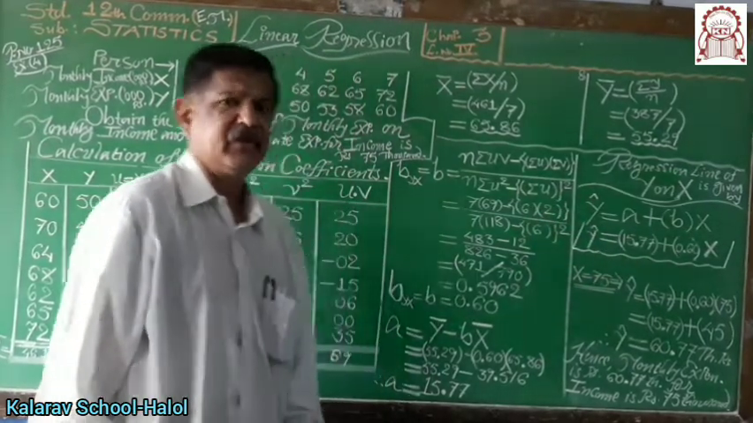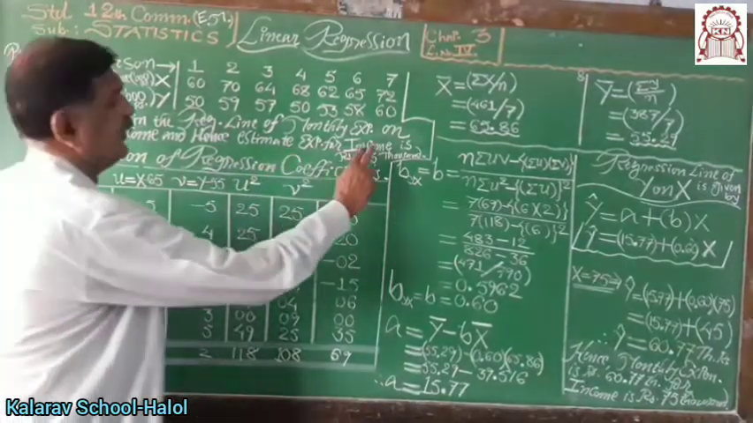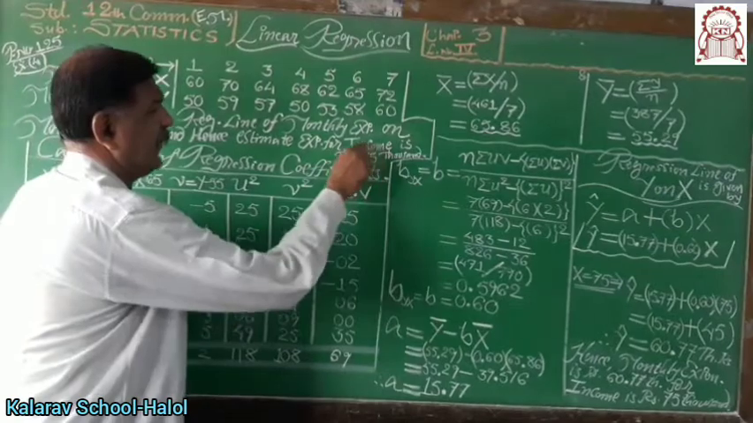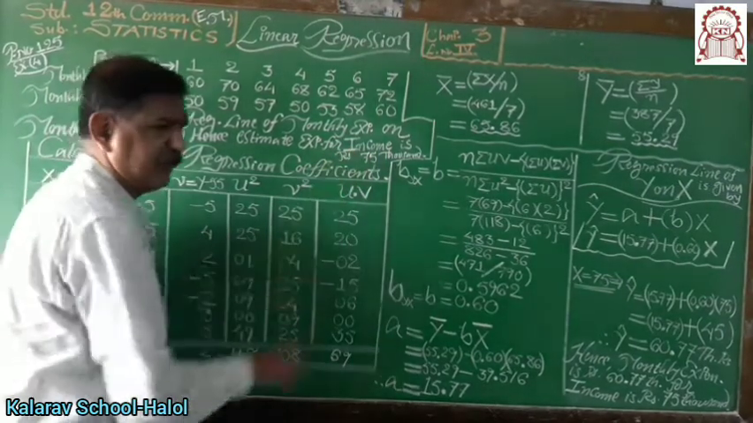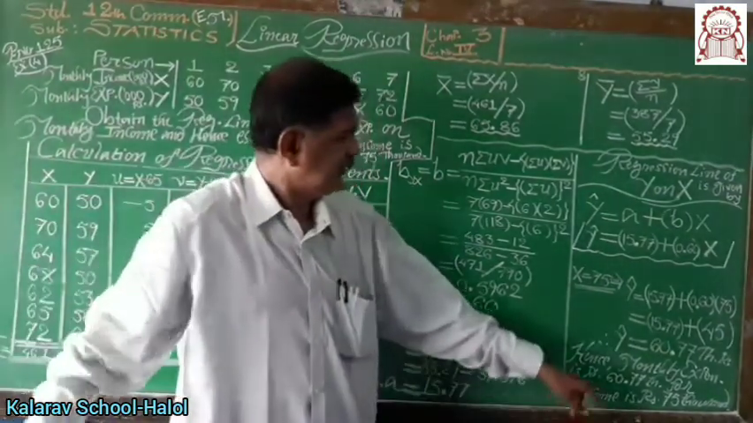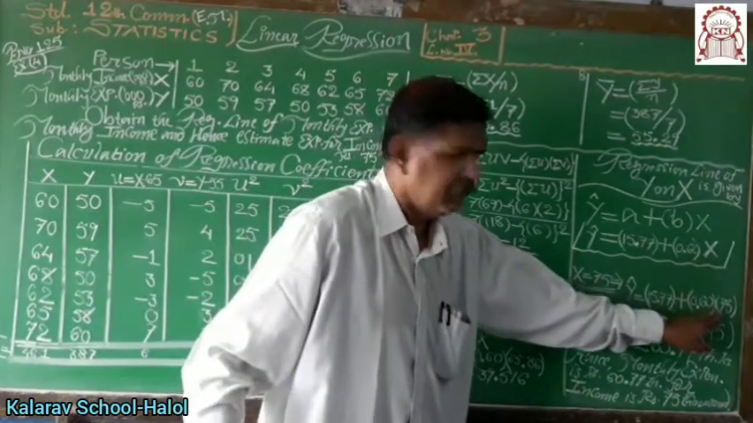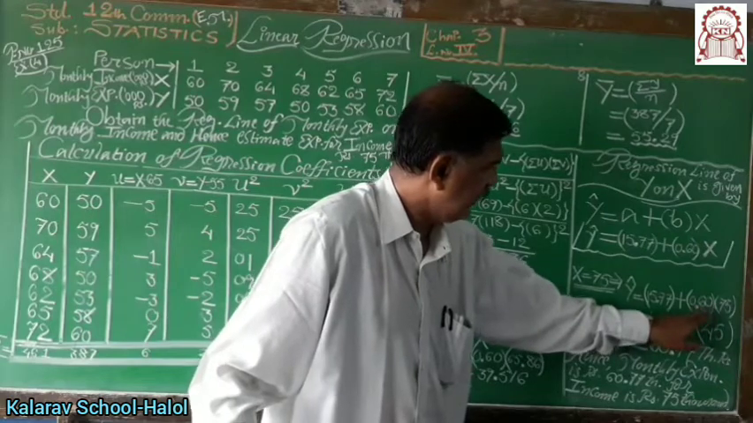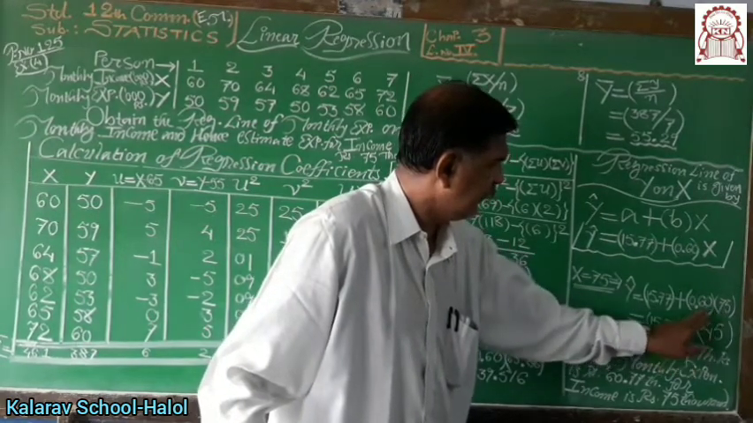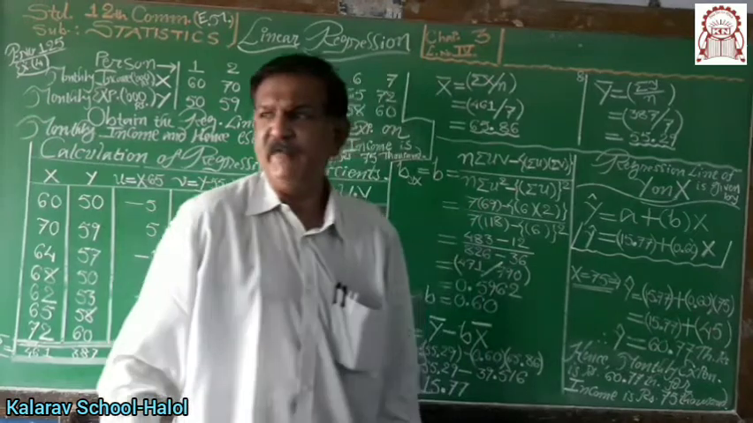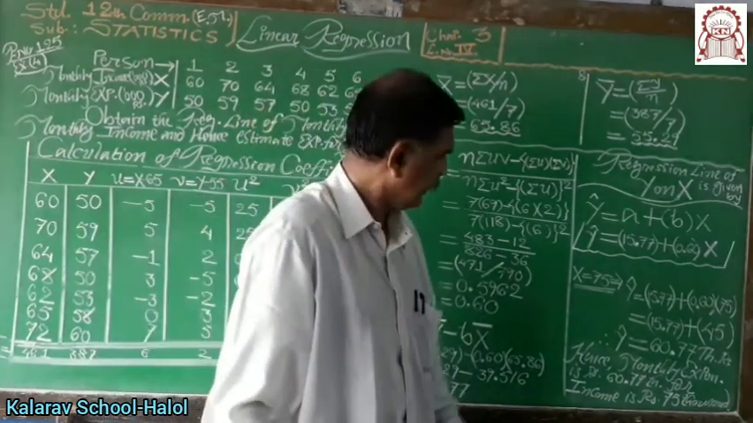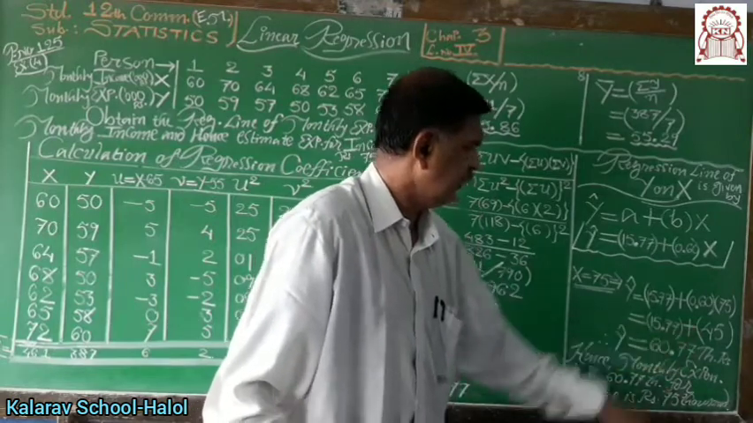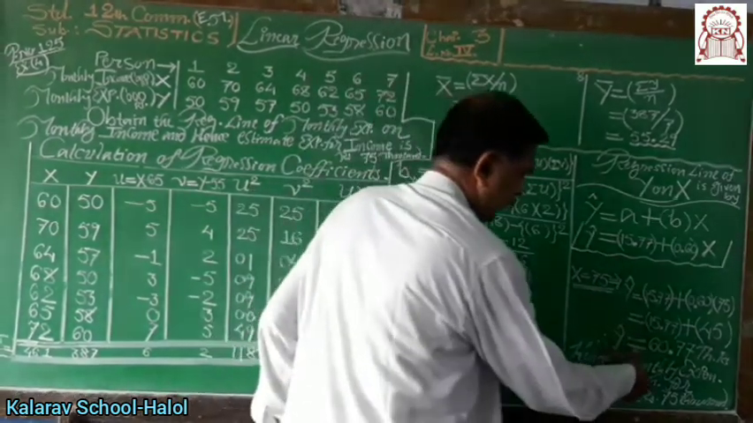Now we have to estimate the expense when income is 75,000. As 75,000 means, the value of x is given to you. Value of x is 75. Substitute x is 75. 0.60 into 75, the multiplication becomes 45. And the final answer is 45 plus 15.77. Addition will give you y cap equal to 60.77